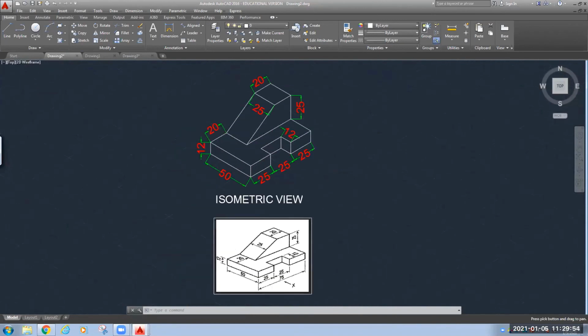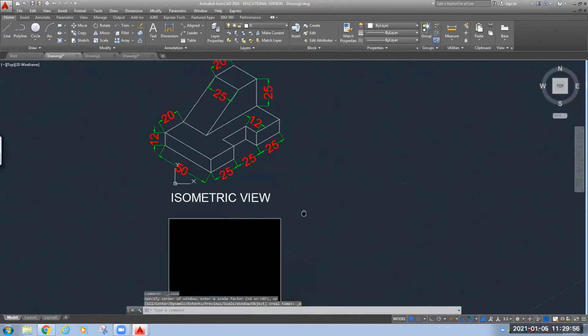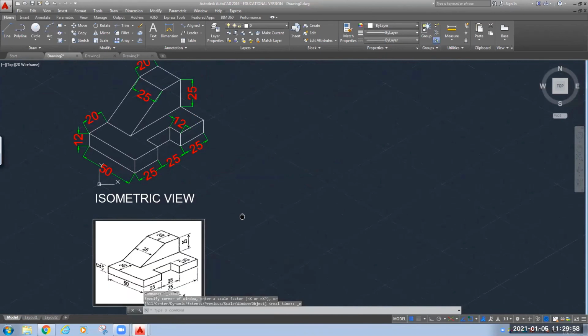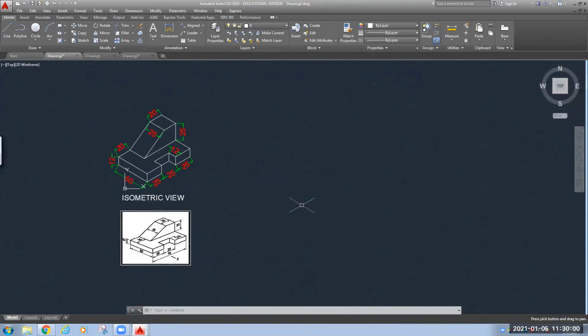Now we need to draw the orthographic projection. Up till now, is there any question or any doubt you can ask me? I will draw a rectangle. Before that, we need to come out of this isodraft, come to orthographic projection.